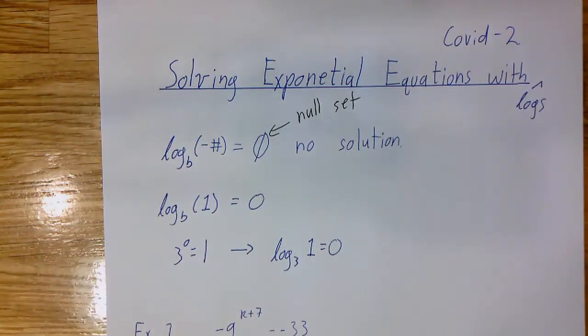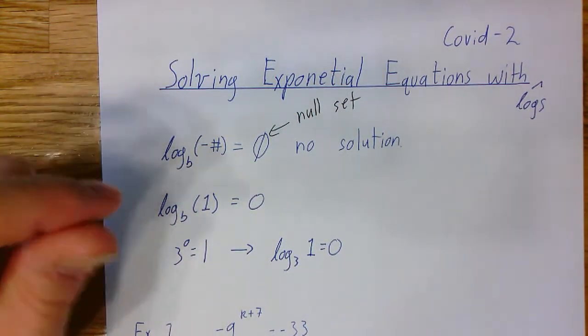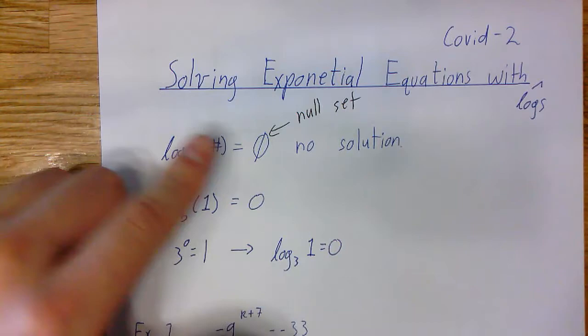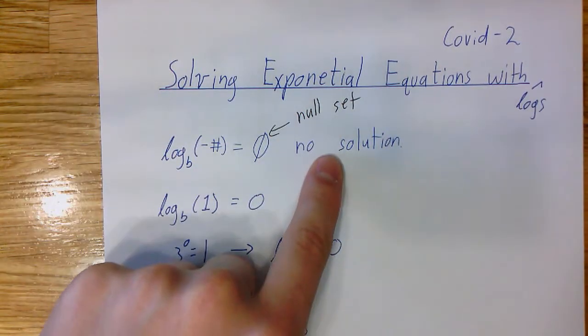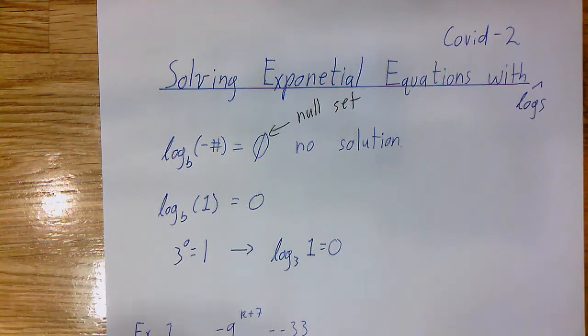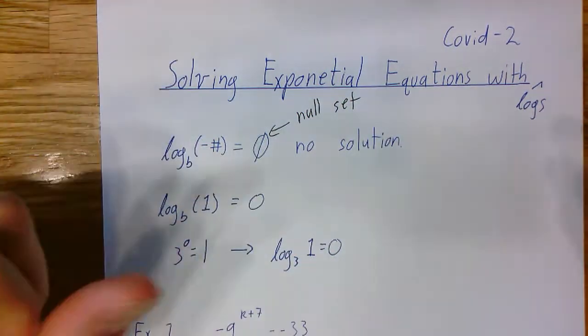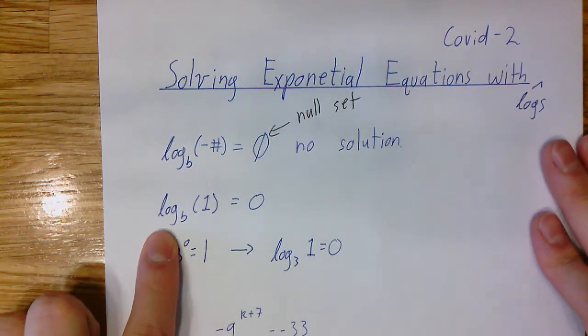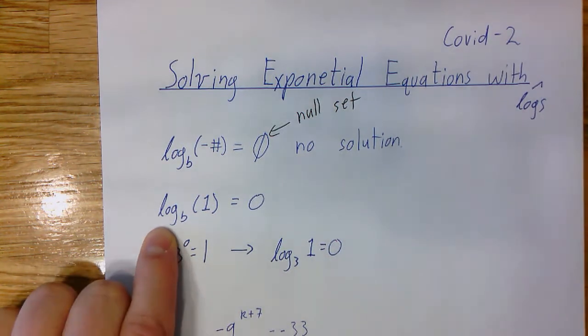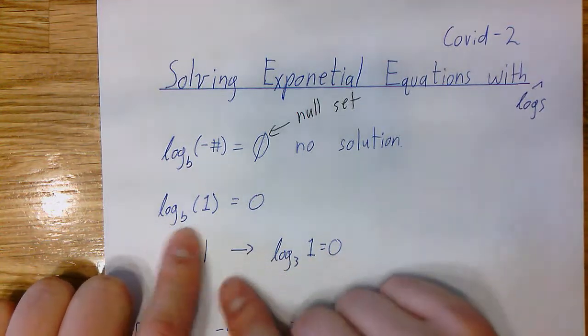For those of you who plan on going to college someday and doing math with your lives, that's a fancy thing that means none. There isn't any. No solution. It's not that it's 0. It's that there aren't any. It's empty. So the other background information we need, don't mind my runny nose, that's just the COVID-19 setting in,